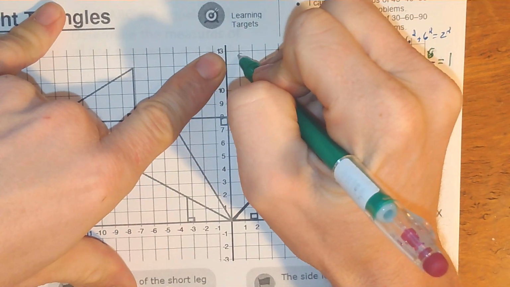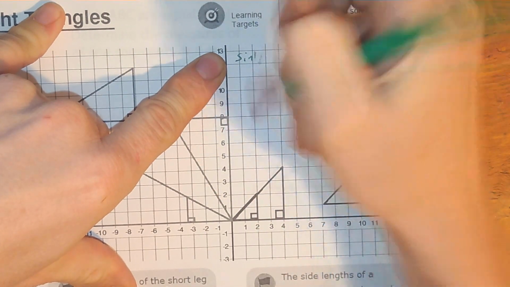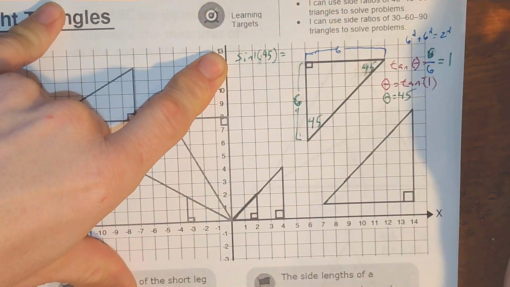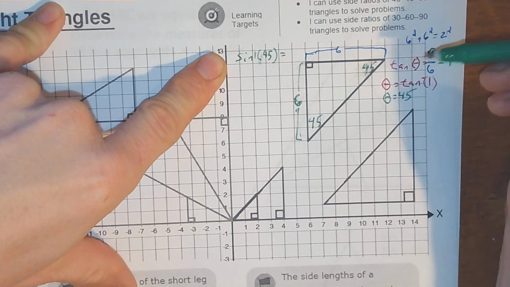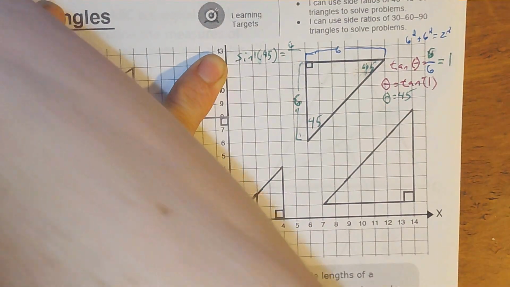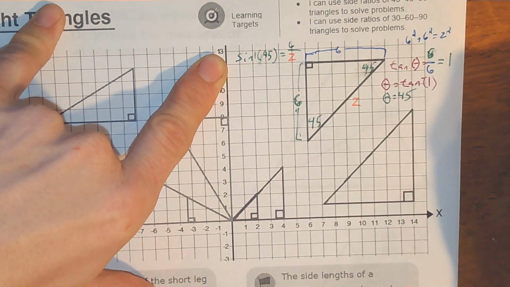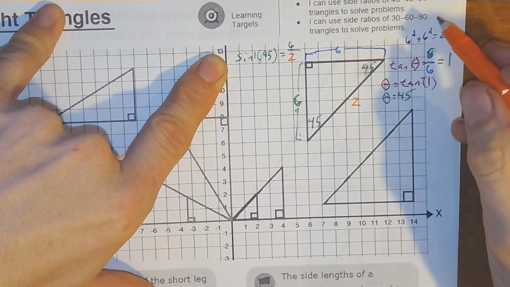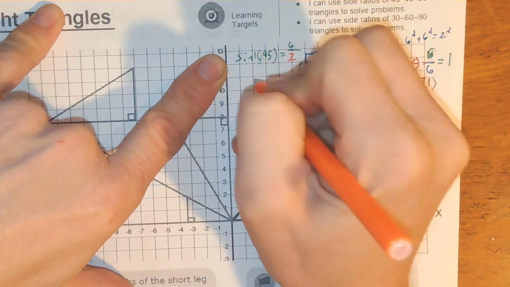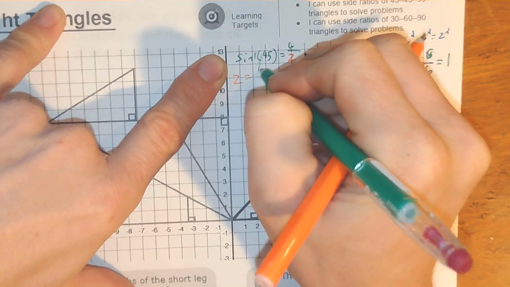So the sine of theta, which we know is 45, equals opposite, which is 6, over our z, which we don't know yet. Okay, so if we want to solve for z, we switch z and y. So z equals 6 divided by